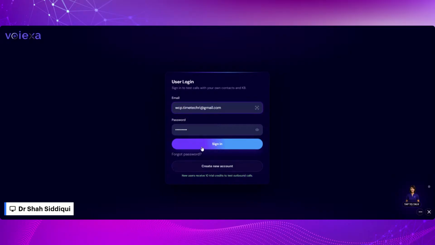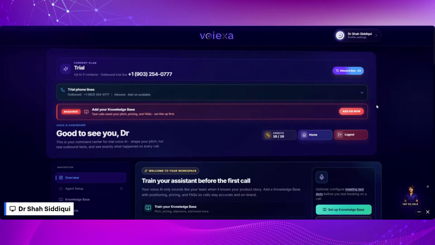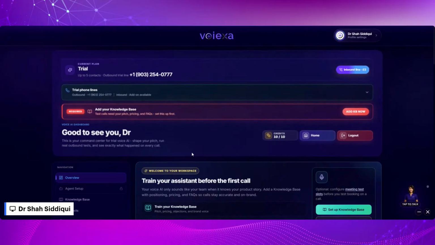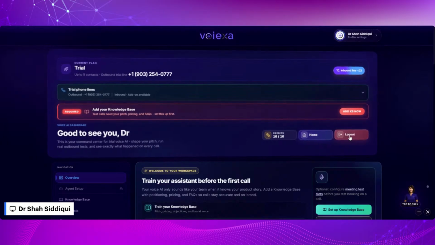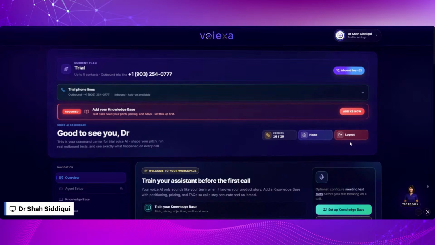We have a few trial accounts here to show. This is a new trial account. When someone is registering a trial account, you don't need to add your card details. It's a simple registration. I will show you the registration.